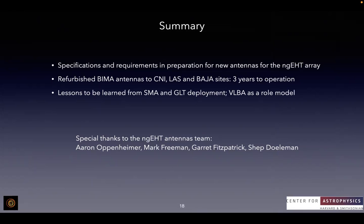By the way, I just want to comment that receivers are out of the scope of my talk. I'm here